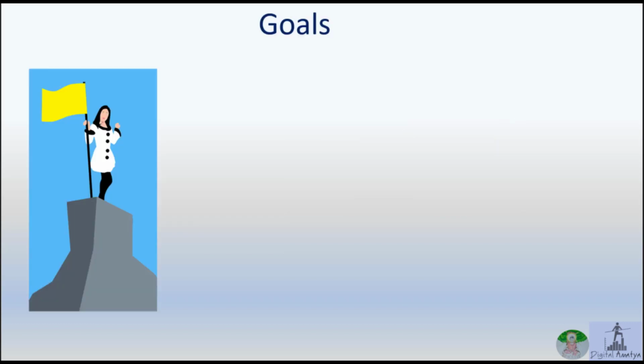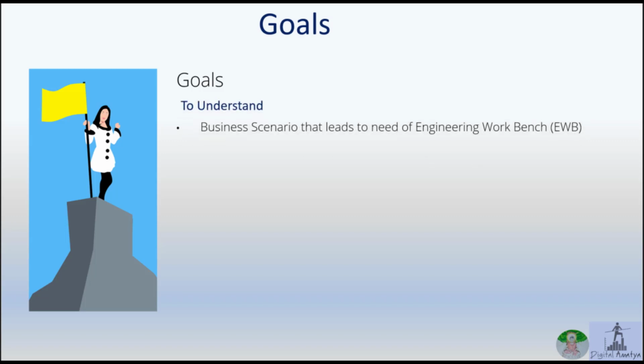The goals that you want to achieve at the end of this course include the business scenario that is leading to having a special utility like Engineering Workbench. When you already have traditional SAP processes to define the bill, define the task list, define the component assignments between components of the bill and the operations of the task list, and a mass changes program where you can perform different types of changes on multiple parents, either for components or operations, and even other elements like documents and classification.